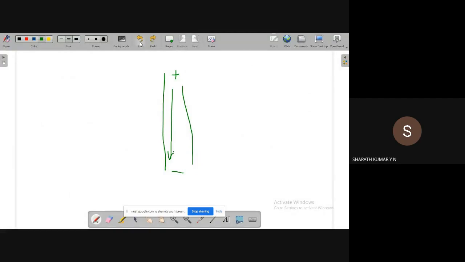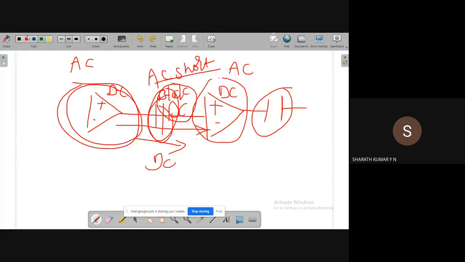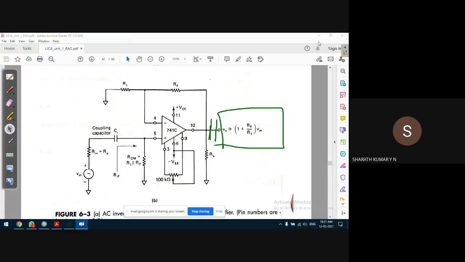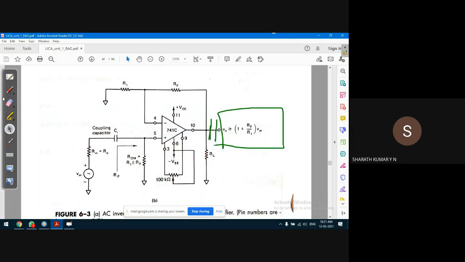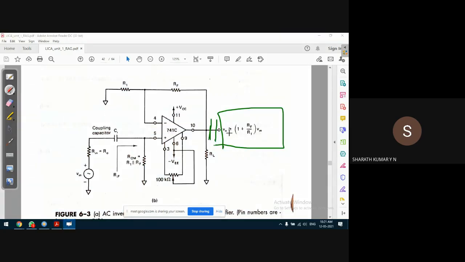As we have just discussed, a coupling capacitor is required at both stages, because we have to block the input DC, as well as the DC component in the output signal. So we require a capacitor at both ends. But in this textbook, Ramakant Gaikwad has limited the discussion only to the input capacitor. In David Abel, in chapter 4 on AC amplifiers, the discussion covers both the input coupling capacitor as well as the output coupling capacitor.